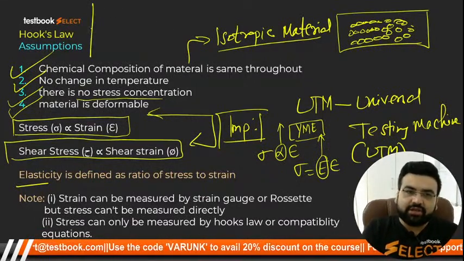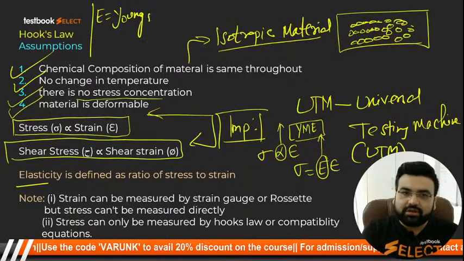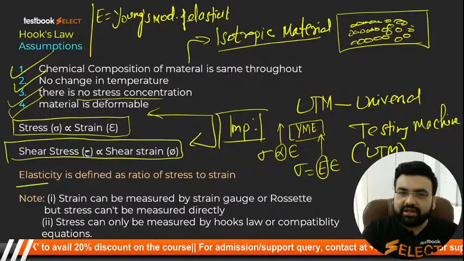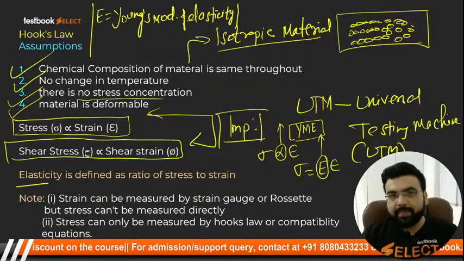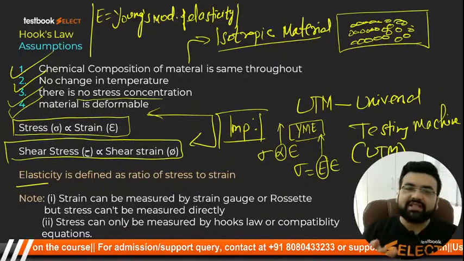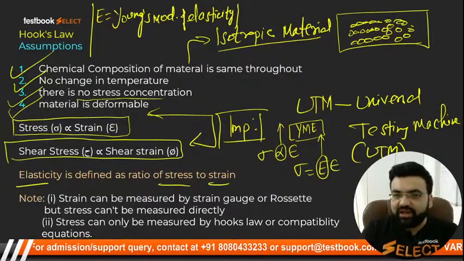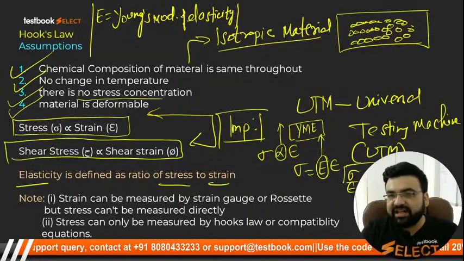Let me write it here also. E is equal to Young's modulus of elasticity. This is what the meaning of this E is. Clear? Or it is simply called as elasticity also. So what is elasticity? It is the ratio of the stress to strain. अगर आप इसको stress divided by strain कर दोगे तो ये आपका E आ जाएगा, and that is what the